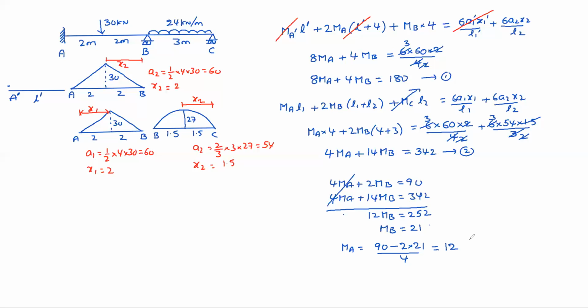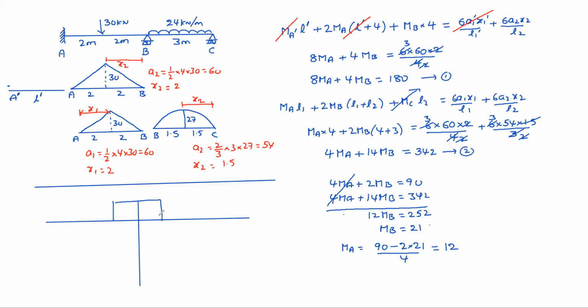But the same problem by using moment distribution will be very simple, right? Same problem, you can work it by using moment distribution. So see here, stiffnesses are 4A by 4 and, on the right side, 3A by 3. That means 1:1 ratio, that is half. Fixed moments, WL by 8, that is minus 15 plus 15.